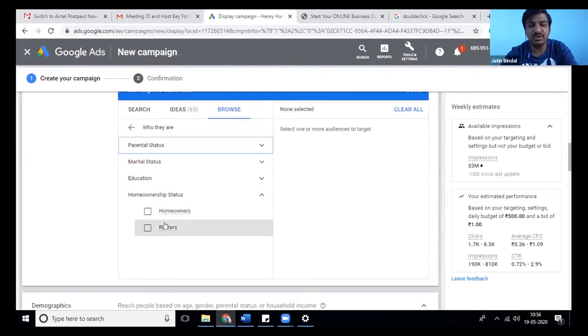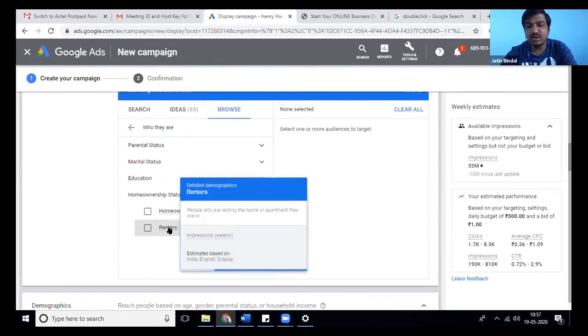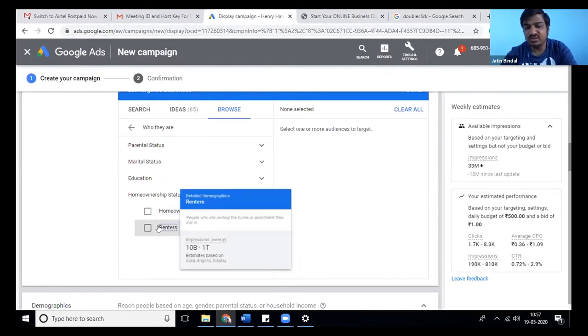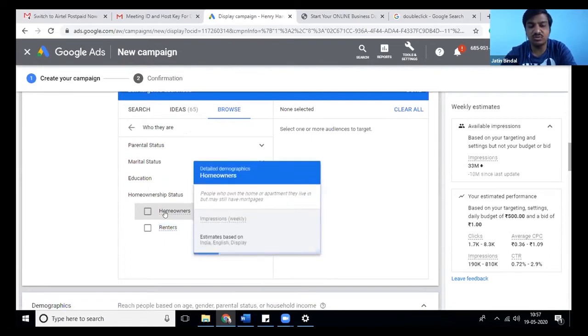This is specifically for you, Aditya. So you can target people who are homeowners or who are renters. This is a new category which has come recently. Homeowners means those who must be having a home loan. A lot of them will have, I'm not saying everyone will have.